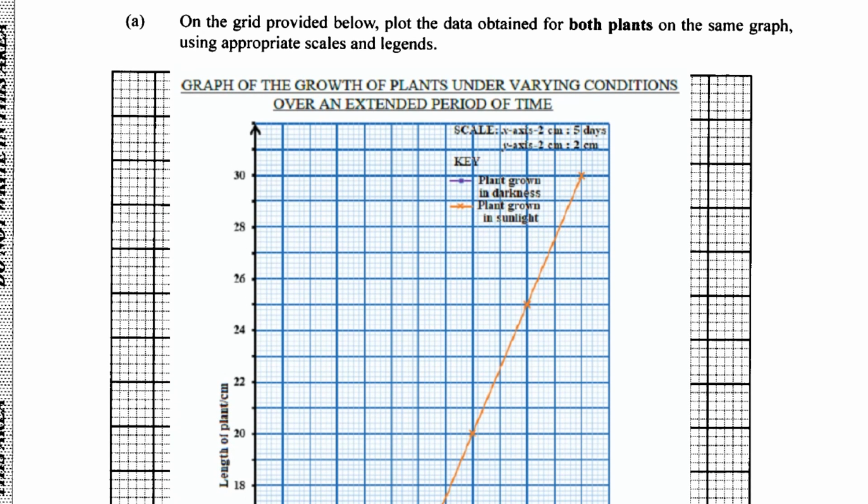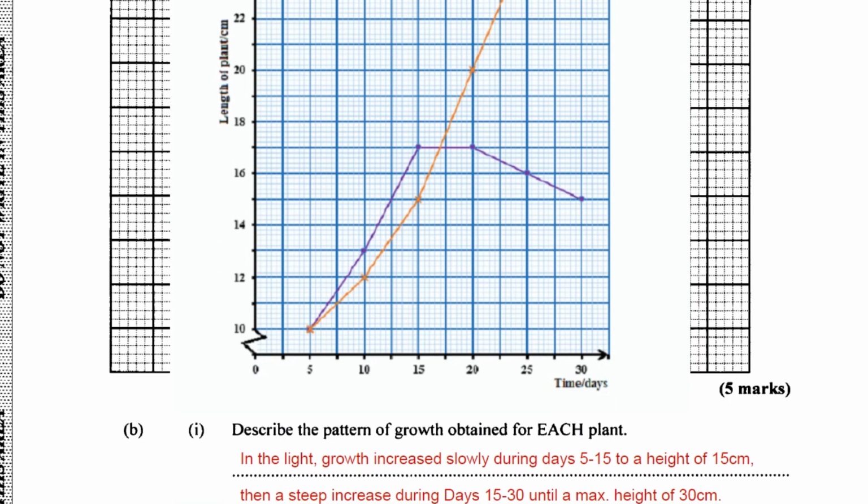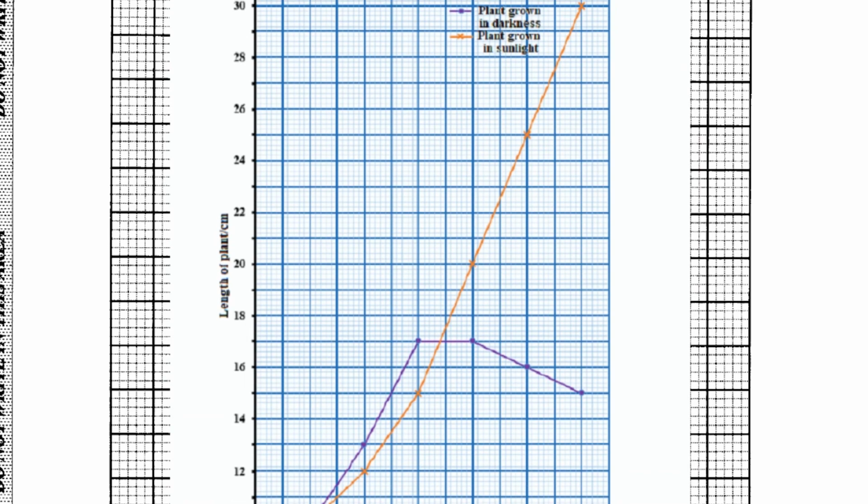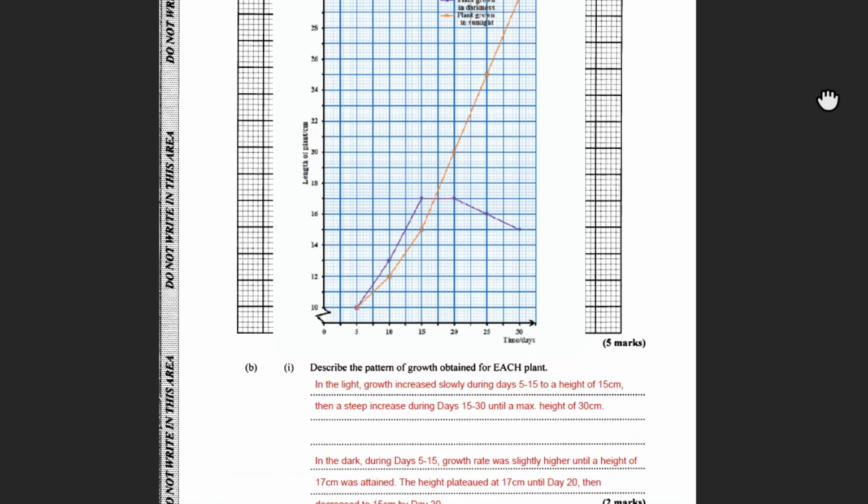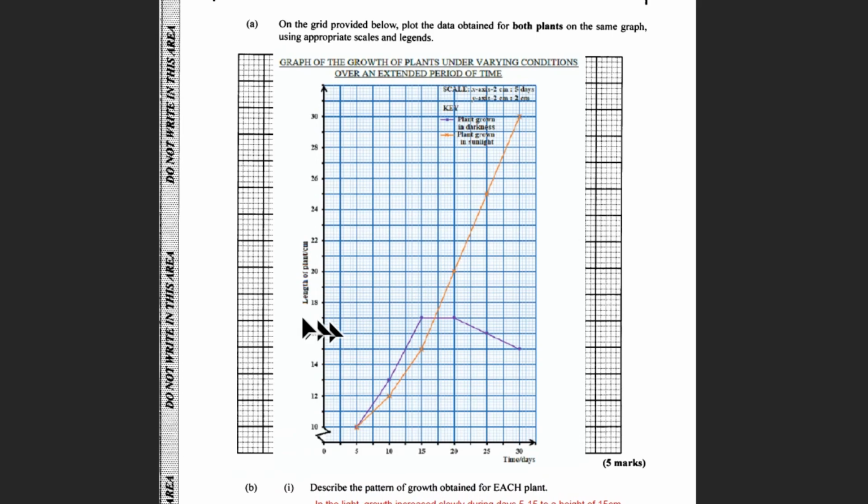So the question here is, on the grid provided below, plot the data obtained for both plants on the same graph using appropriate scales and legends. So a graph question, this goes for 5 marks, and let me just zoom out a little bit so you can see the graph. And here we have the length of the plant in centimeters, and here we have the